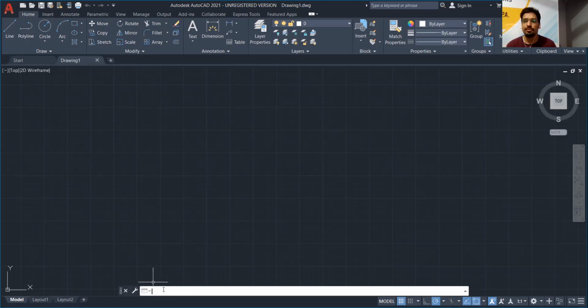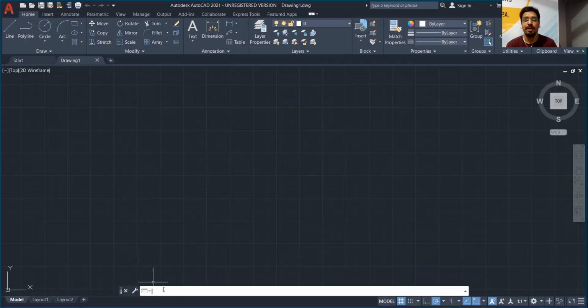For the generation of the sheet in AutoCAD, you have to use a pre-decided command by the Autodesk company, who developed this AutoCAD software. The first command for the generation of a sheet in AutoCAD is MVSETUP.